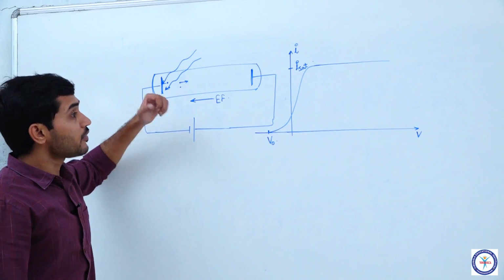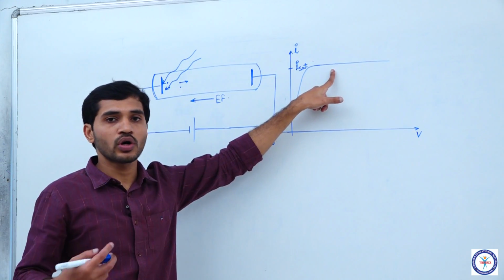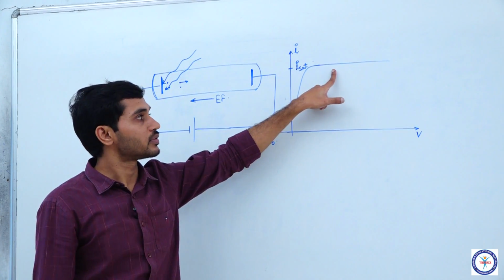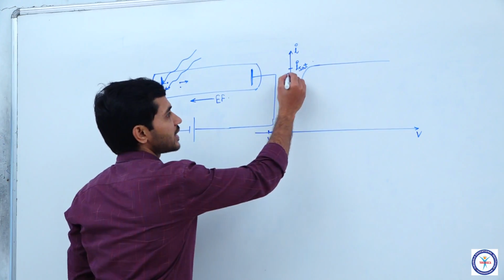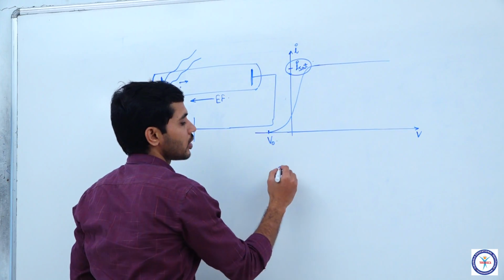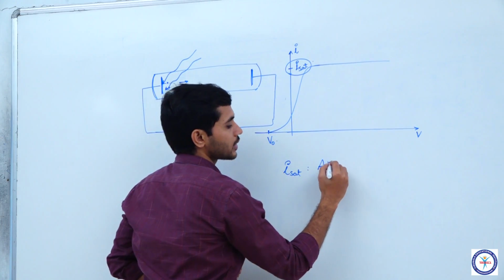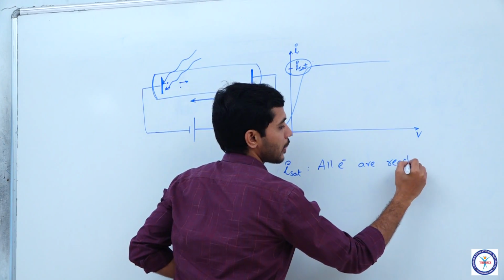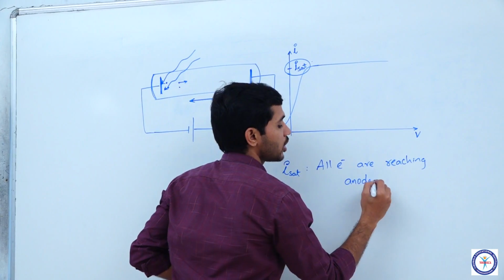Now, if I have to change the saturation current, what should I do? What different ways can I use to change this saturation current? So, let us see that. I have just told you here that saturation current arises when all electrons are reaching the anode. Okay, keeping that in mind,